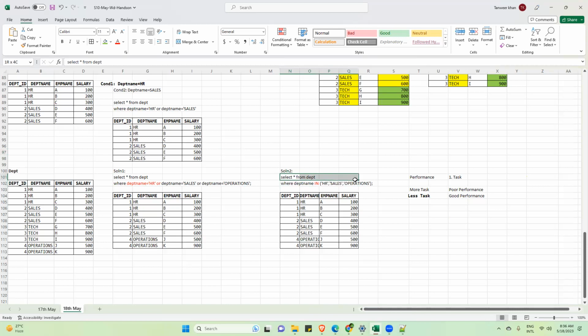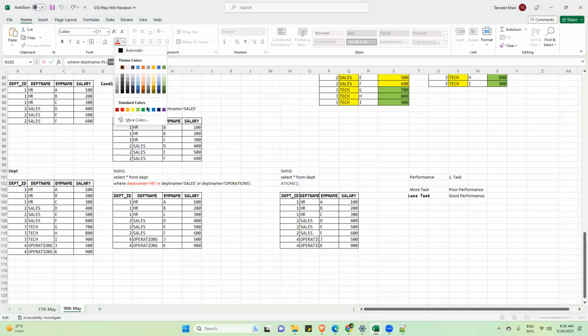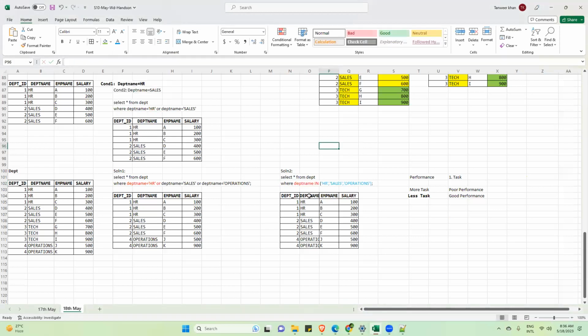Now in solution 2, the moment the engine sees that Tanvir has written department name IN, it understands that he is trying to search this set of values in the department name column. So in one go, it starts from here. Is this value one among these values?